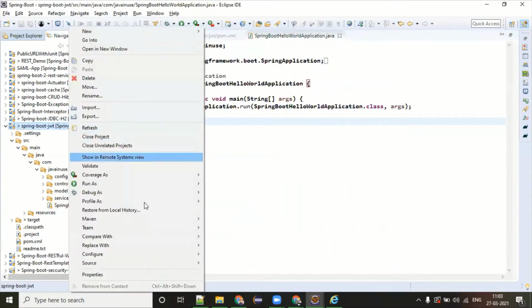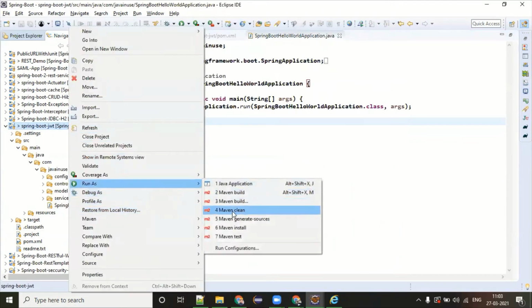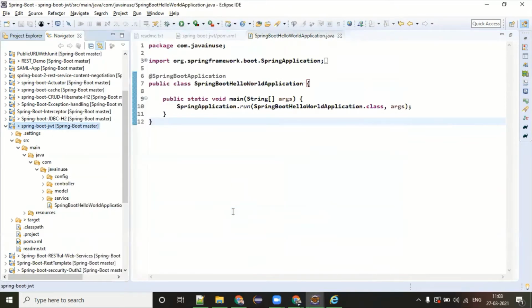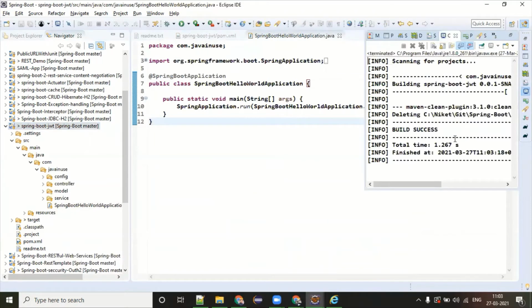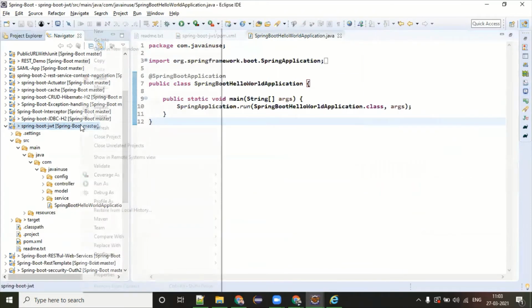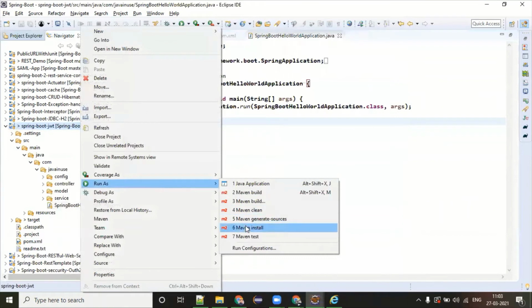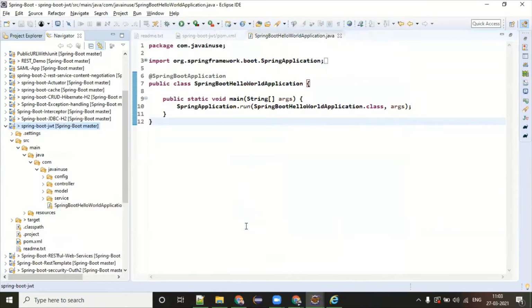So run as Maven clean, run as Maven install.